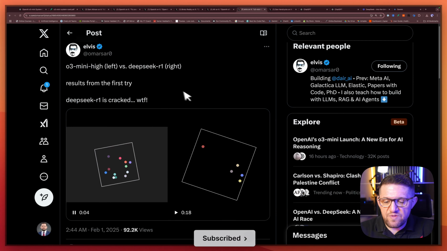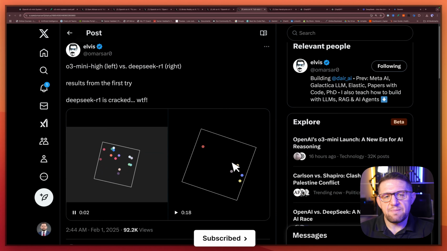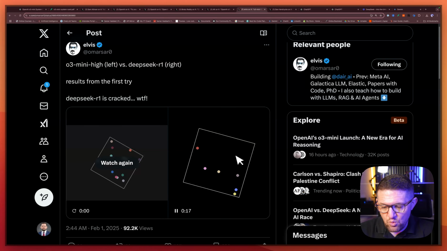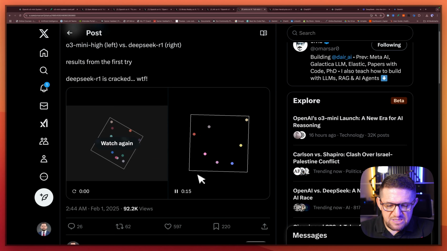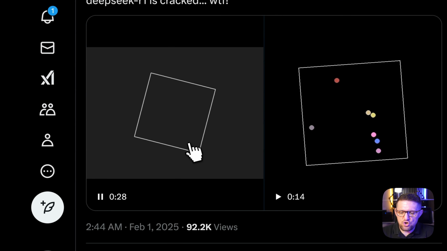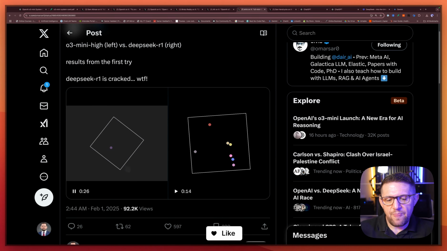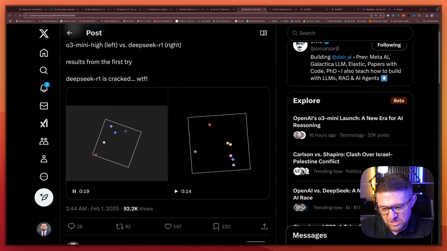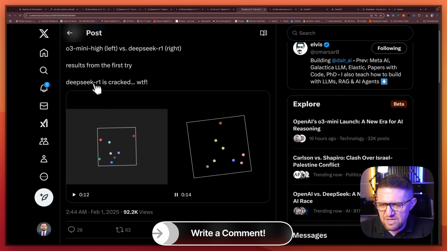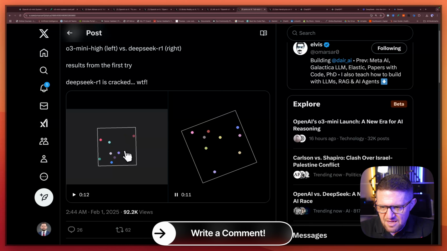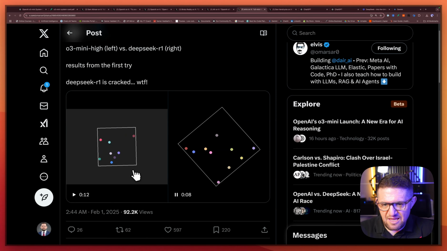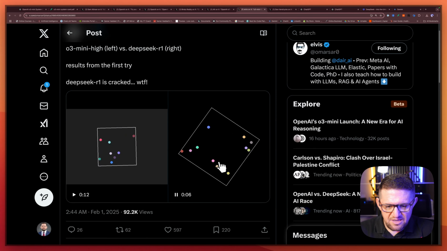Again, here is some of the same testing that is happening for the model compared to R1, DeepSeek, and you can see these videos here that show different prompts where the model is asked to create a game of bouncy balls that keep getting added to a shape. The shape is moving or rotating, and the balls can bounce off the walls and off each other. So this is the one on the left. I think this is the o3-mini. This is the left, and this is the R1, DeepSeek R1.